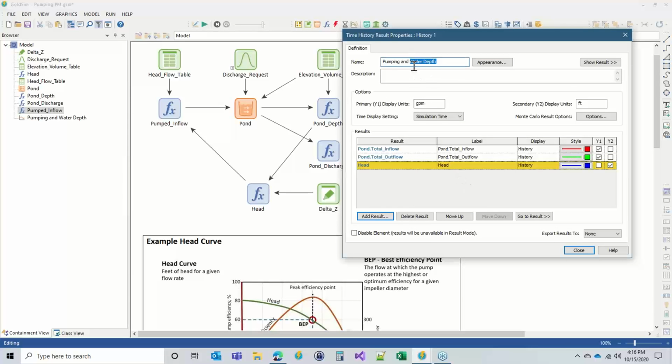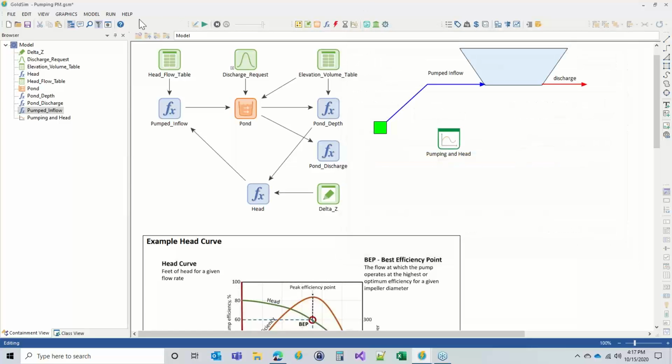And that means we need to change this like so. Also, I don't like these labels, so I'm just going to take those. We already know that we're talking about a pond here, so I don't need that. Okay, now we run the model